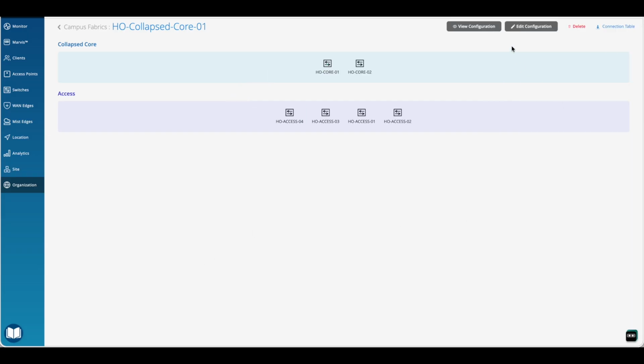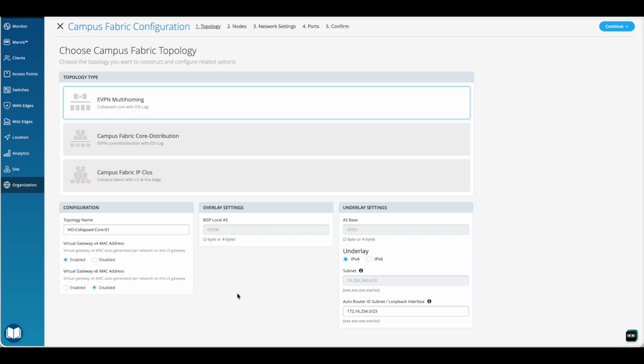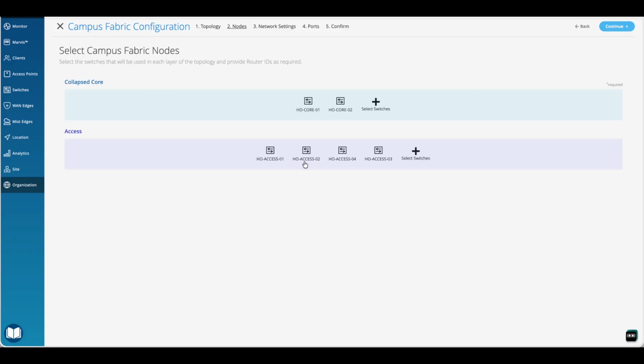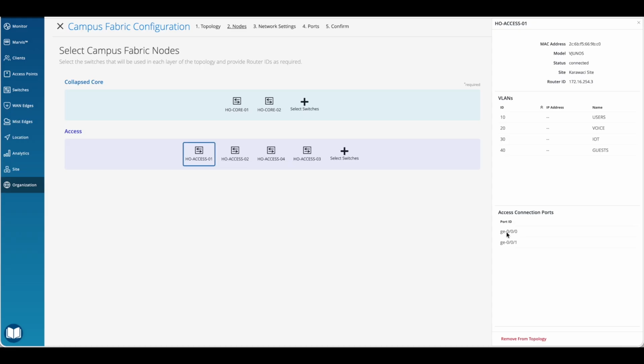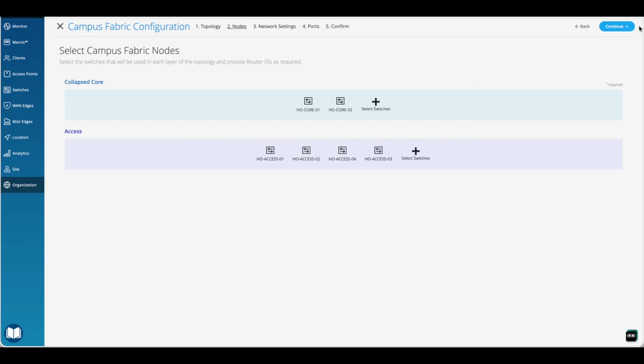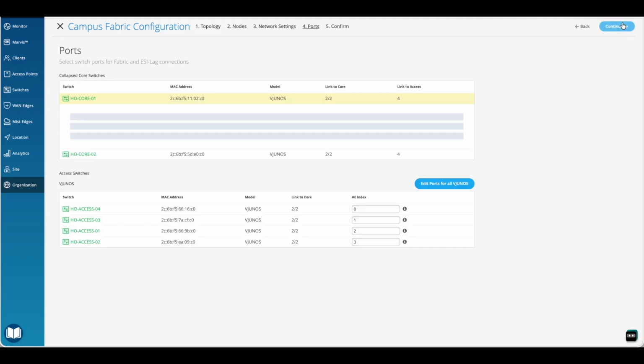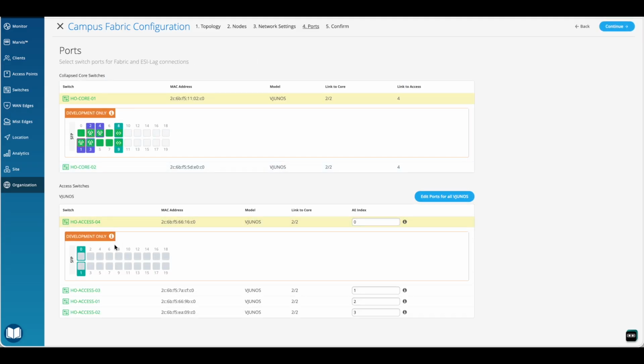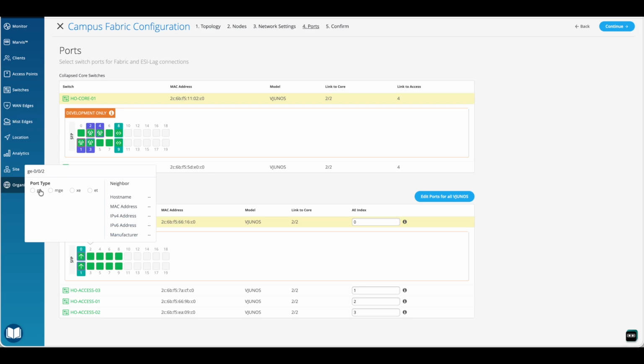I'm going to give you some examples. This is for when you want to enable the campus fabric deployment only. But next time you want to configure this link,